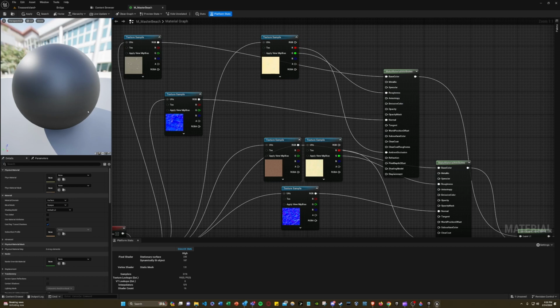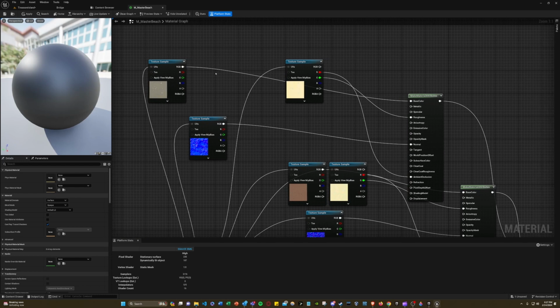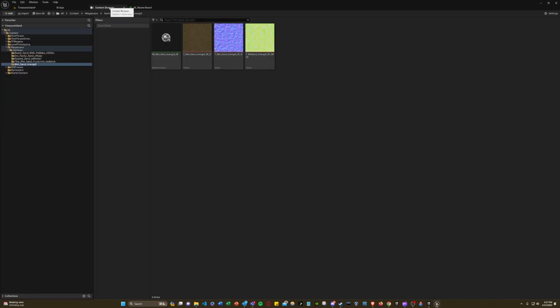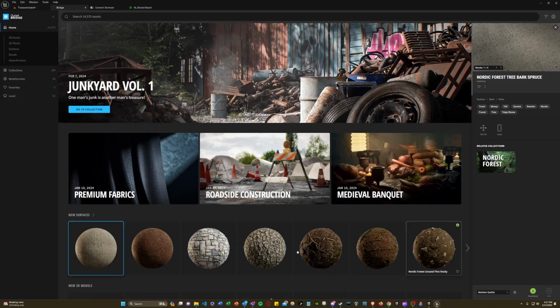I'll make sure to link that article. It does a really good job of explaining that. But essentially, once you've gotten all your materials downloaded and imported here, you can come straight from Quixel Bridge, download them, and add them directly to your